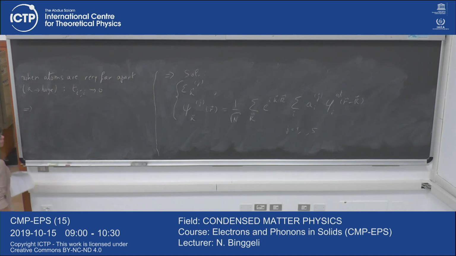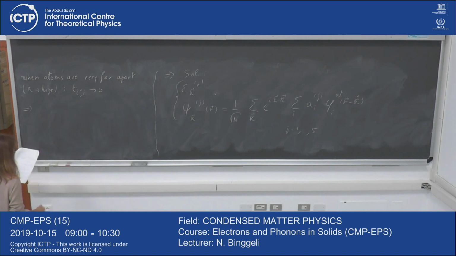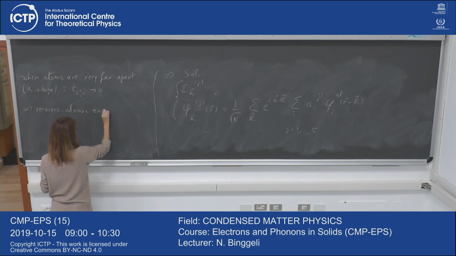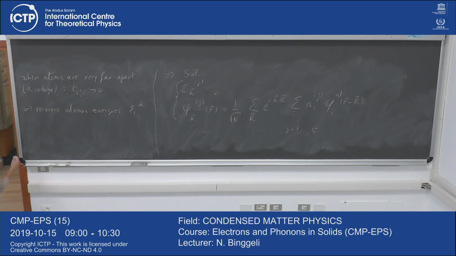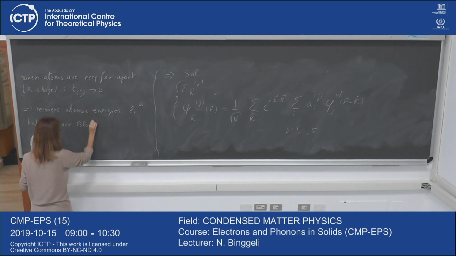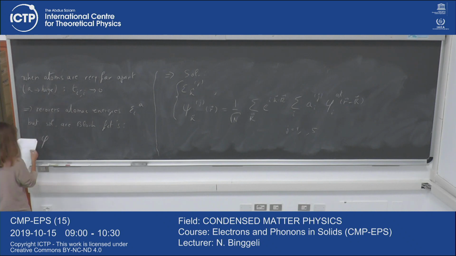And in this limit, what one obtains is just the diagonal part of the H matrix, with as diagonal element just the atomic energy. So in that limit, one recovers the atomic energies, epsilon atomic, which makes sense. But what one can notice is that the wave function will be in a Bloch form. So the solutions are Bloch functions. That is, the solution will be